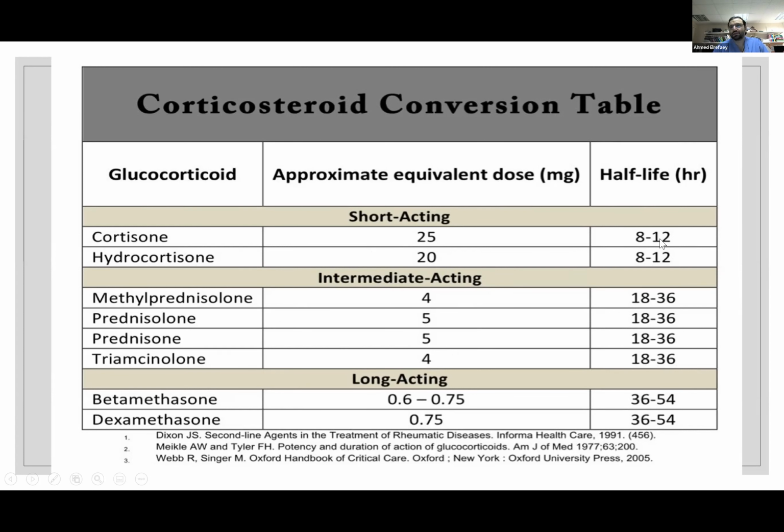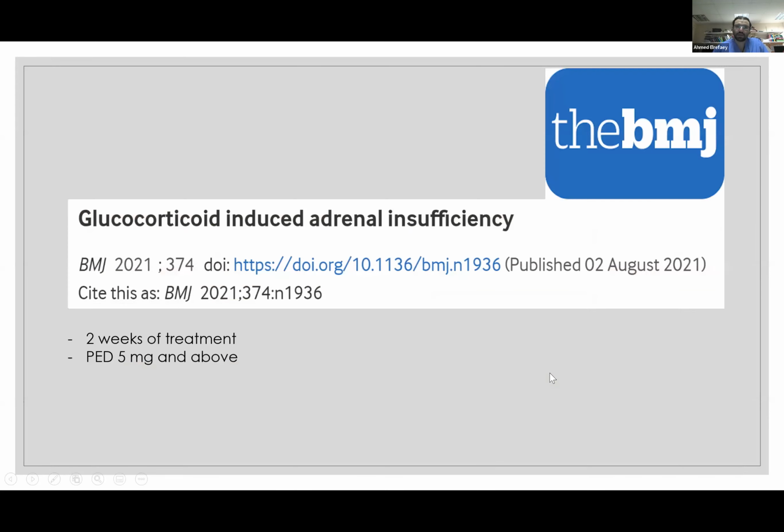And if you look on the right side of the screen, this is the half-life. The hydrocortisone half-life is 8 to 12 hours. That's why we give it several times a day. Dexamethasone can last up to 54 hours. And that's one of the reasons that we don't like to use dexamethasone in Addison's disease, because it's unpredictable. If we move on,